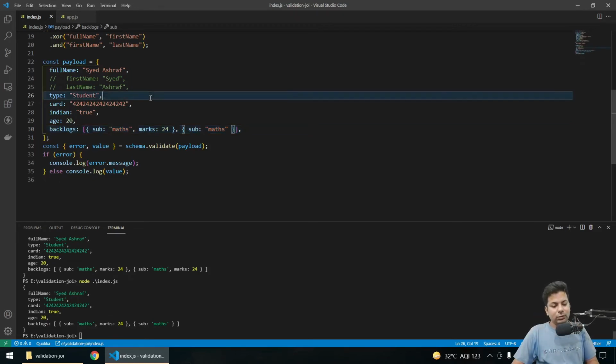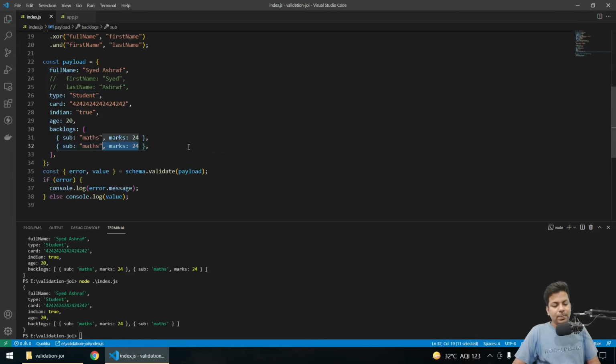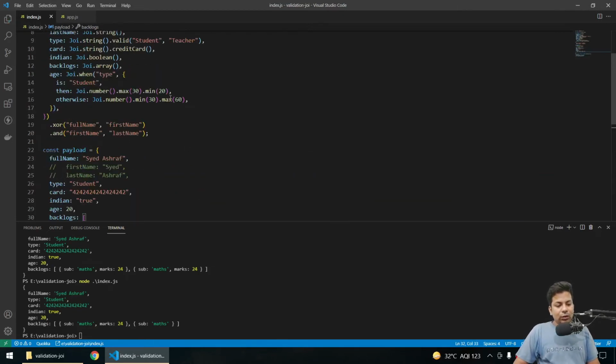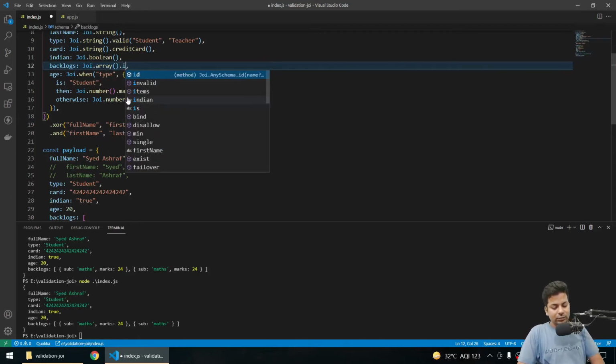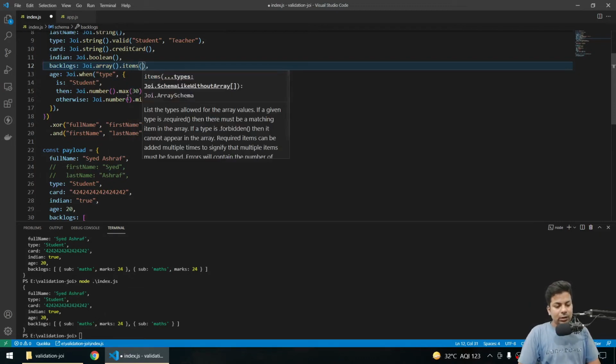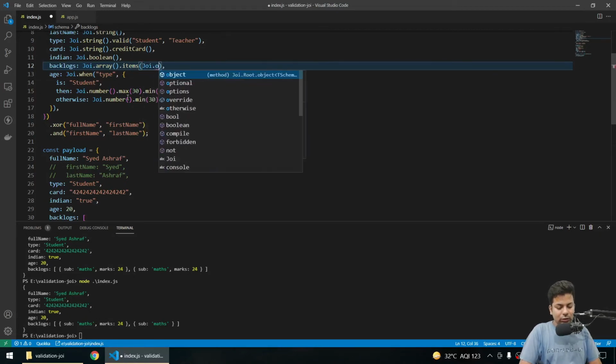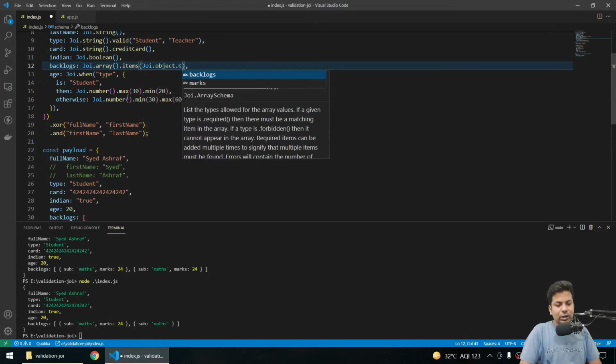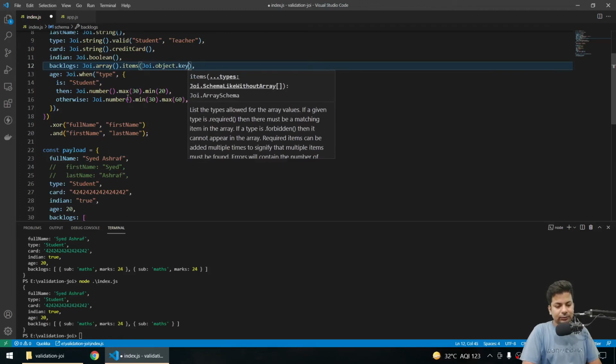Now we'll put inside the array that any object should have marks and subject. So let me just redo it. Yeah, so here I'll go in the array and I'll say dot items. Items means items of your array. Now here I'll say Joi.object. Now here we'll build a new schema, keys.